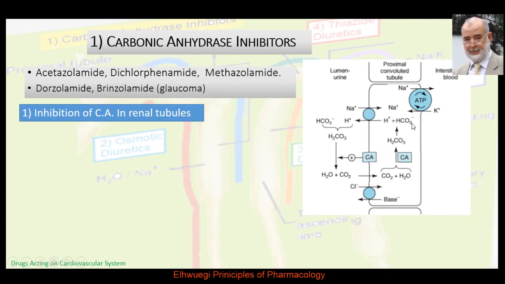There is a specific carrier, an exchanger, on the basolateral membrane of the cell. This is the basolateral membrane. There is a specific carrier which carries bicarbonate into the general circulation. Now we know how bicarbonate is transported into the general circulation. It is a very delicate process, and this is continuous all over your lifetime, which is really